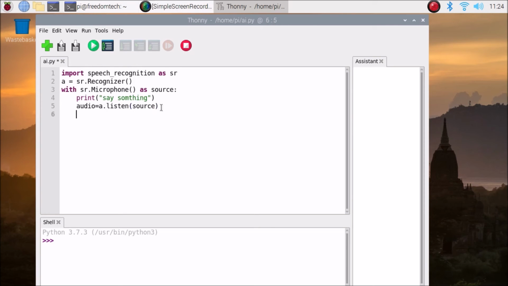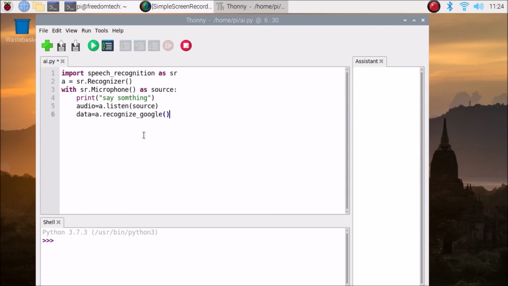That's it. Now we have our speech inside our audio, so we are going to convert that speech into text using our Google recognizer. So data is equal to a.recognize_google(), and inside that bracket we are going to mention this audio variable, because this audio has our speech.